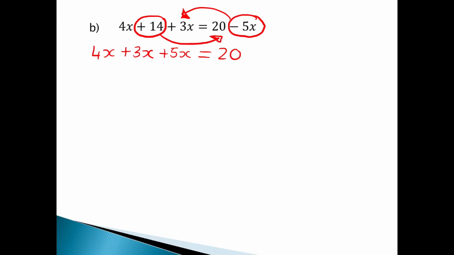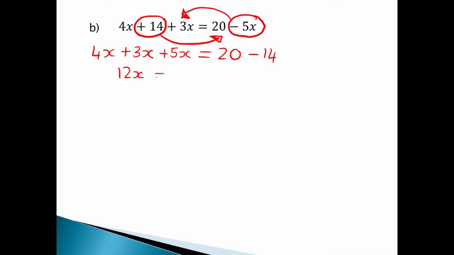So our positive 14 is now going to change over to a negative 14. Okay, so now as you can see, we've got our variables on the one side and our constants on the other. So now all it comes to is consolidating our like terms, so adding or subtracting our like terms together. So in this case, we've got 4 plus 3 plus 5. Okay, so 4 plus 3 plus 5, which should give me